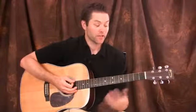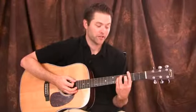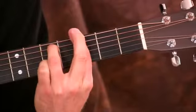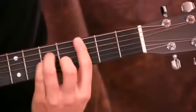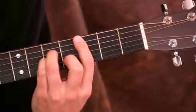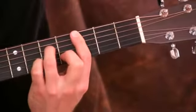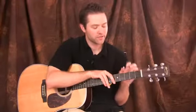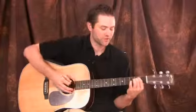But just in case you were wondering, like, how do I turn a G minor chord into a minor seventh chord? Well, you just add a minor seventh. Okay. If I wanted to turn a C minor chord into a C minor 7, I would basically add the minor seventh. So don't worry about that. What you need to know is, if you take this E minor chord in open position like this,